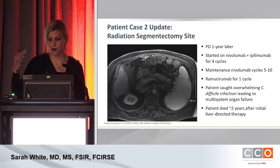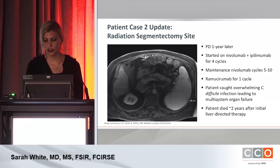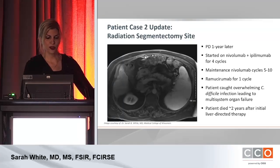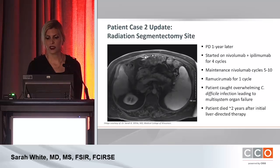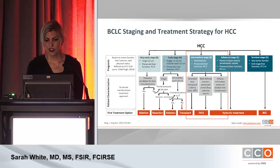And you can see just what goes on. He goes on to now 4th-line therapy. And the patient actually caught overwhelming C. diff infection, which led to multi-system organ failure, and he actually died 2 years after initial liver-directed therapy. And so multimodality therapy is what this patient ended up getting, but initially he had a year of pretty good survival. So when we look at the BCLC staging system, you can see we're really focusing on that intermediate stage,